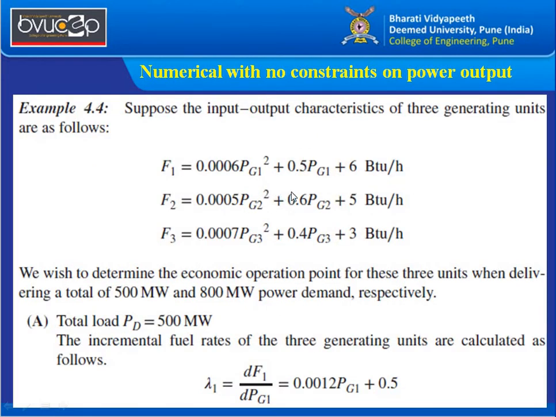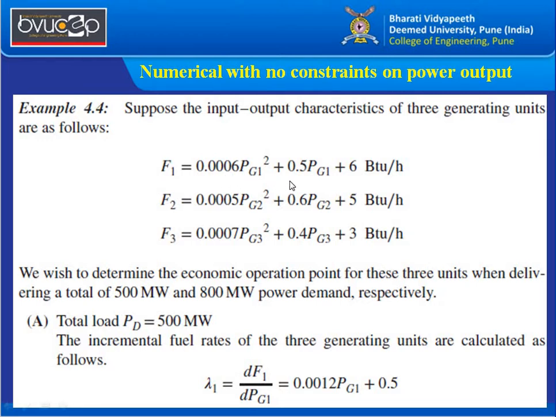So this is the comparison I have mentioned between the two examples. Now let us go to the next example, where we consider 3 generating units. The change here is that we are considering 3 generators. In the previous two examples we considered only two generators. Now in this particular case we are considering three generators, so we can see that F1 is 0.0006